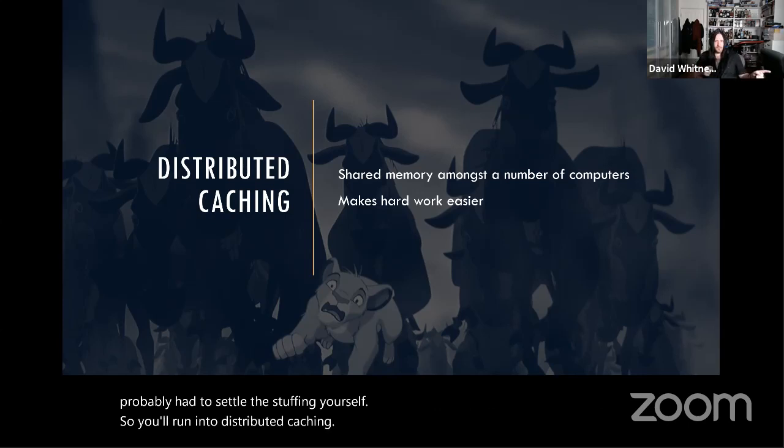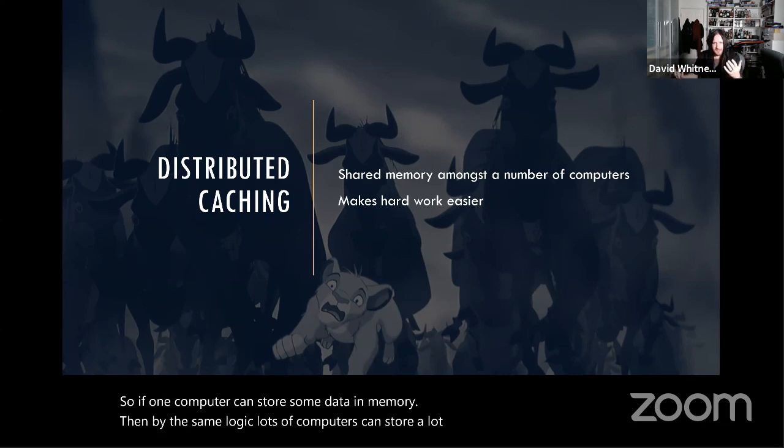So you'll run into distributed caching. If one computer can store some data in memory, then by that same logic, lots of computers can store a lot more data. Nice and easy. Okay, so